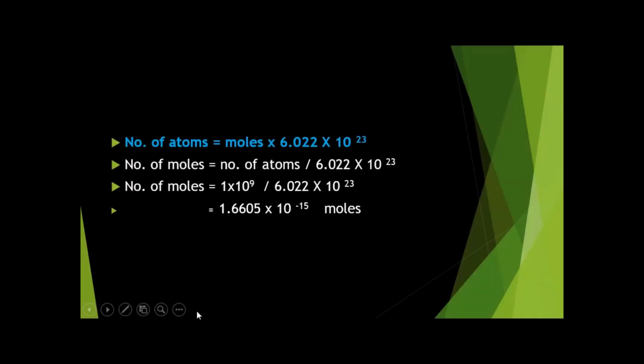Now students, we have done with these numerical mole particles calculations. Students, in previous lectures we worked with mole mass calculations, and today we discussed mole particles calculations. It's a very easy formula. Just learn the formula, put the values and get the answer. It's a very easy method to find the number of moles, number of particles and mass in grams. But still, if you have any question, feel free to ask in the comment section. Do practice as much as you can. You know that practice makes a man perfect.